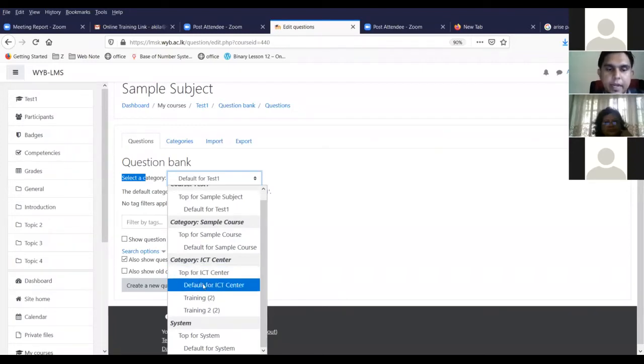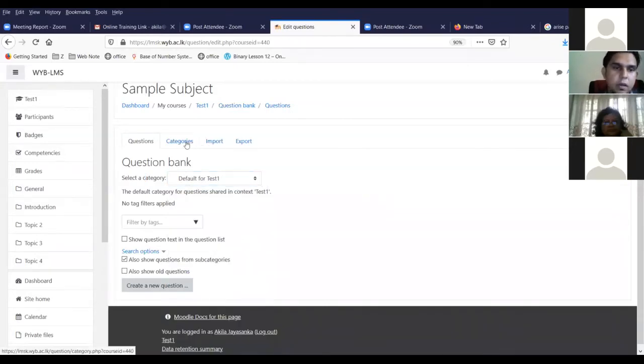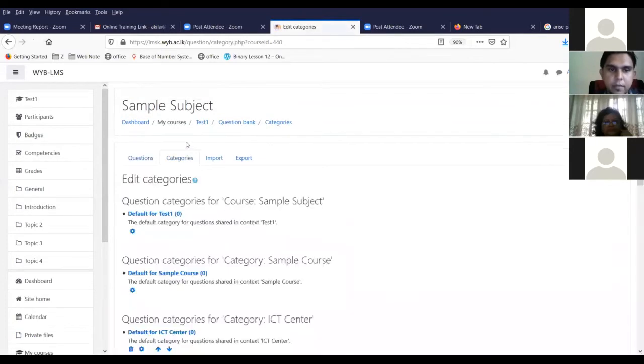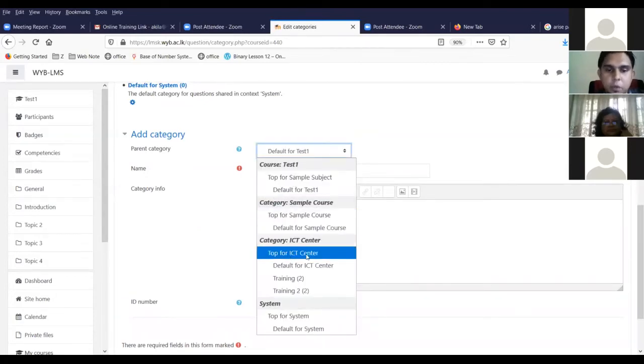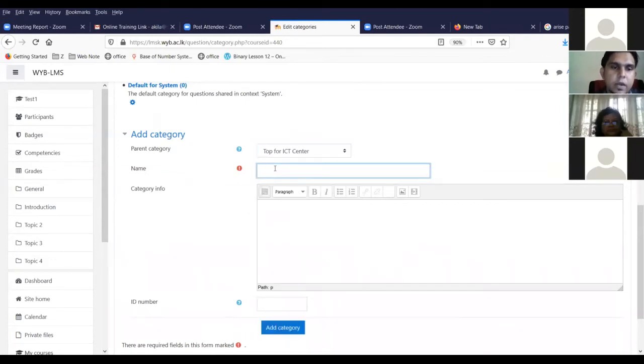Here, this is the category. Again, if I add some questions here, and some other lecturer adds questions to the same category, then those questions will be in the same question bank, and that will create a mess. So what we have to do is go to Categories in the question bank, and there you can create a new category. In this place you must select the top category, your faculty. In your faculty you can create your own question bank, your own category.